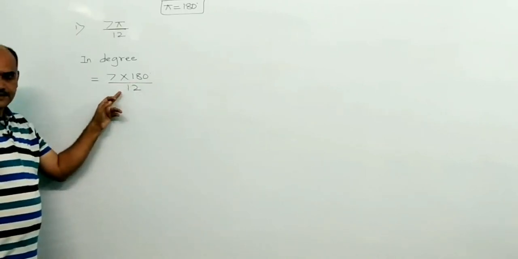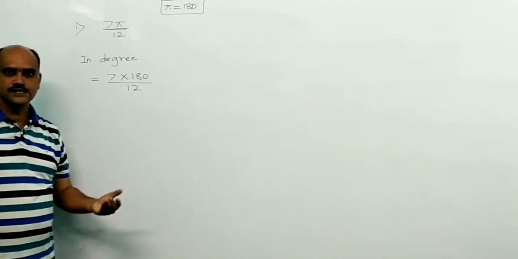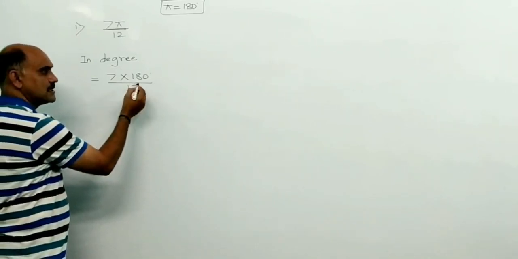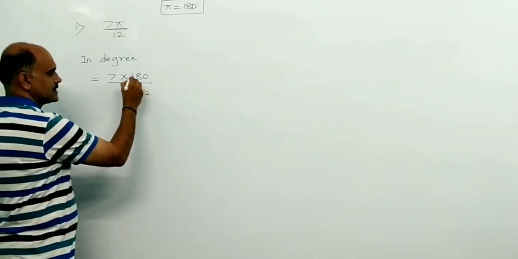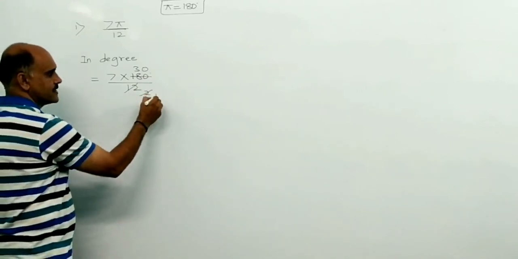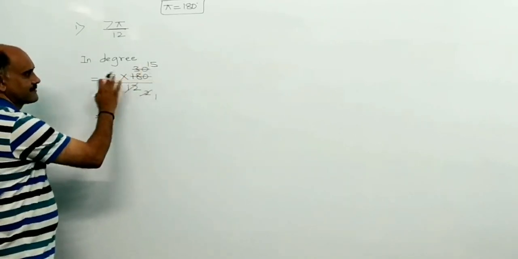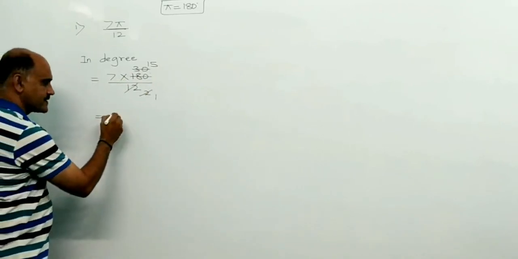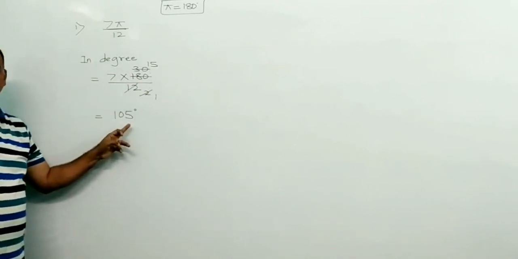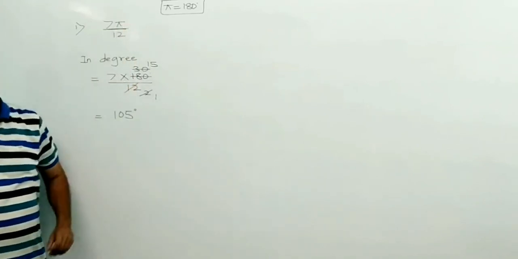So now you simplify this. You can simplify on your own, else you can even use a calculator. In college level, a basic calculator is allowed. So if I take 12, 6 2s are 12, 6 3s are 18, 0. Again 15. Now multiply 15 into 7: 15 6s are 90, 15 7s are 105 degree. So 7 pi by 12 is 105 degree. Clear students? Wherever pi is there, you substitute 180.